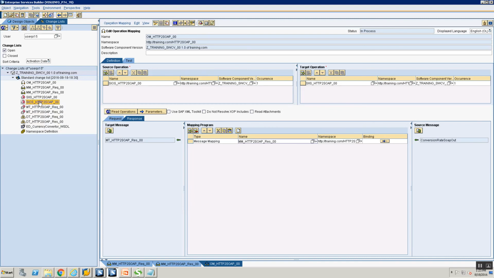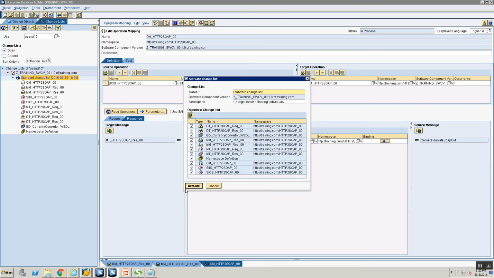We created two service interfaces, an outbound synchronous service interface and an inbound synchronous service interface. And because it's an outbound synchronous, these two message types were used in this service interface, and the inbound service interface was using the external definition. We created two mappings, one for the request and one for the response, and we created one operation mapping.